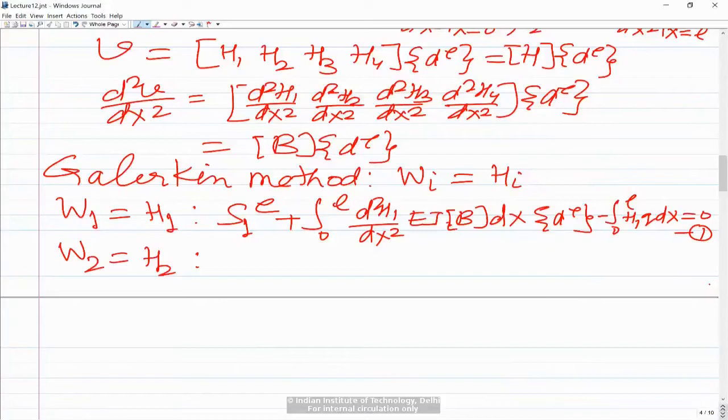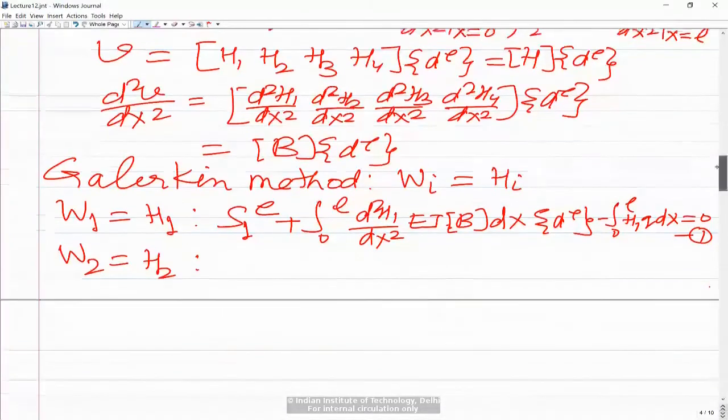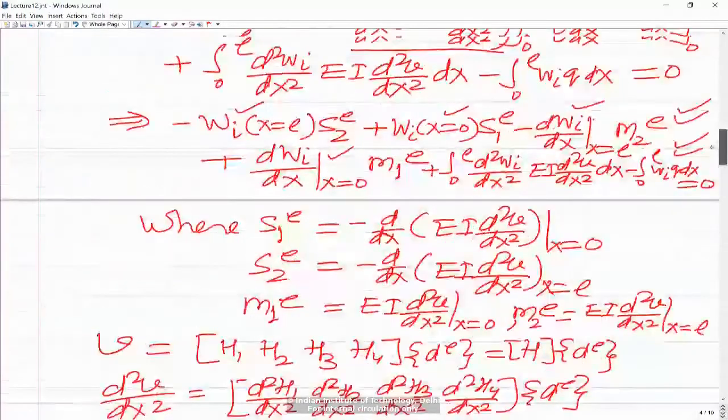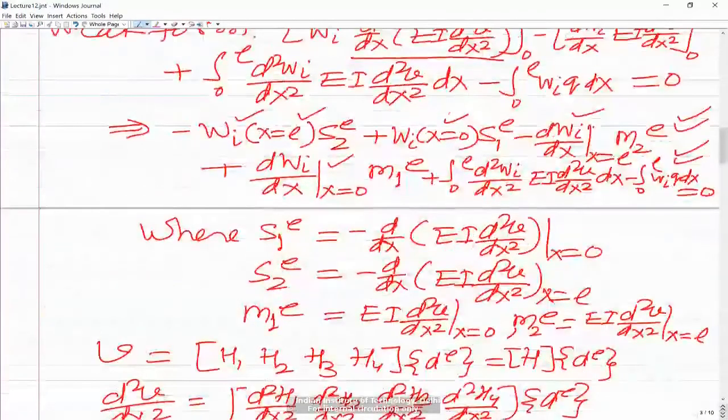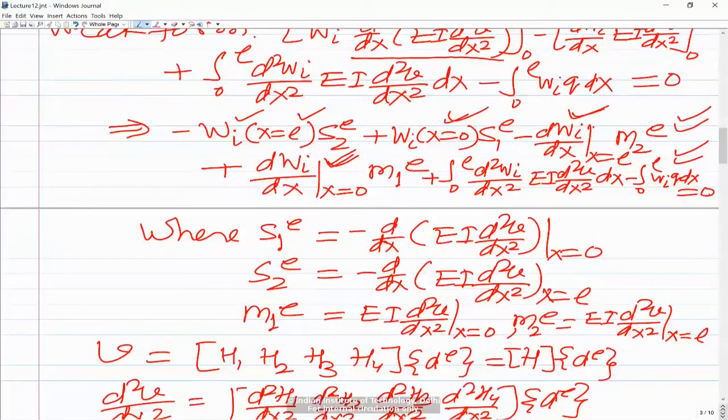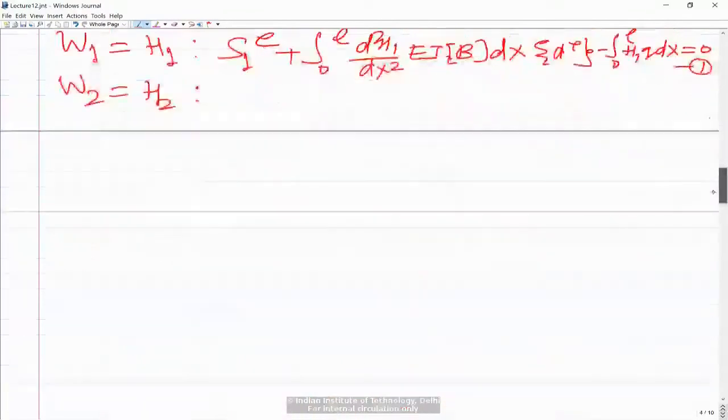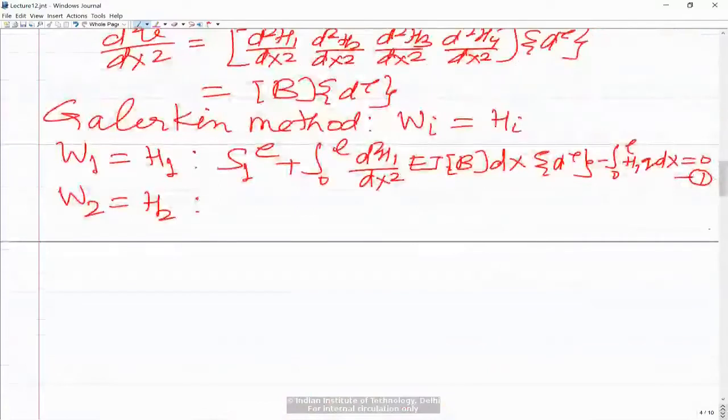Now if you take w2 equal to h2, we know that h2 is 0 at node 1 and 2, so this term in that case will be 0, this term will also be 0, and the h2 derivative at x equal to L is 0, so this would be 0. Only this term would be non-zero, because the derivative of h2 at x equal to 0 is equal to unity. So then from the four boundary terms, we will have only one, that is m1e plus